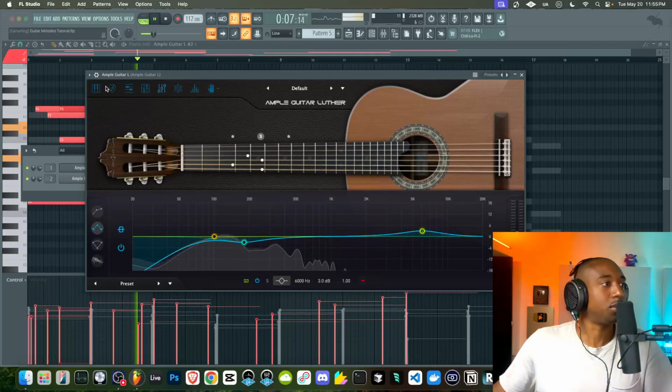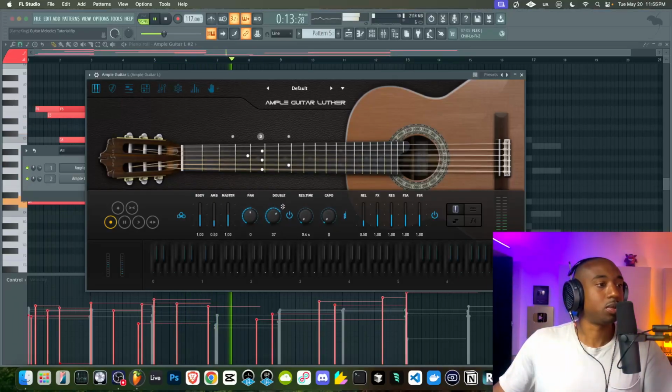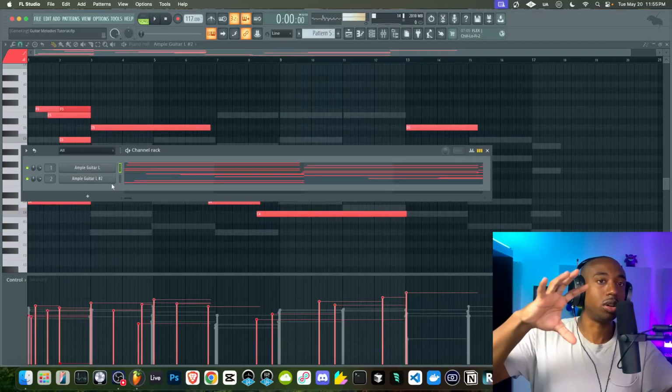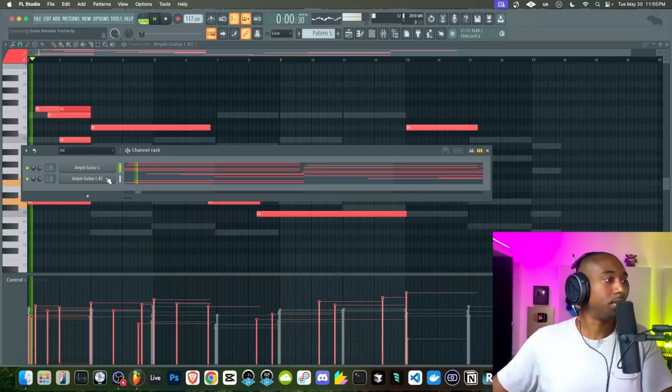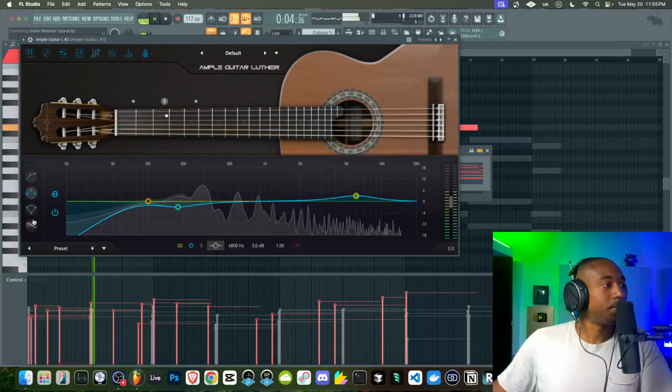I'm going to show you guys a couple of techniques I would use. One is just doubling the chords, so it's wider. So now the chords are supporting. It's a big spread of sound, and now the melody can sit in the center. And now you can add more effects to the center image.